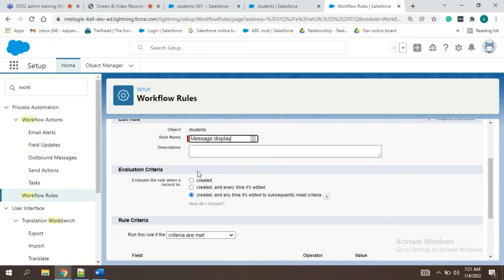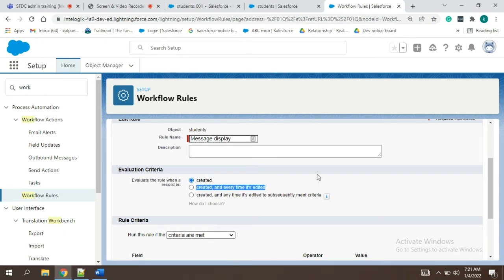Display. Okay. So there are three options while creating, when we want a new action to take place. The first one is created. The second one is created and every time it's edited.